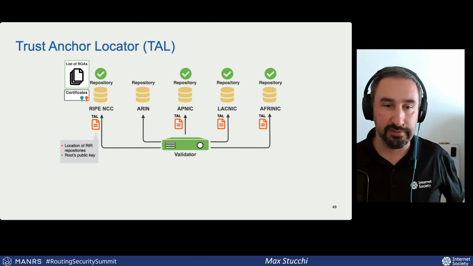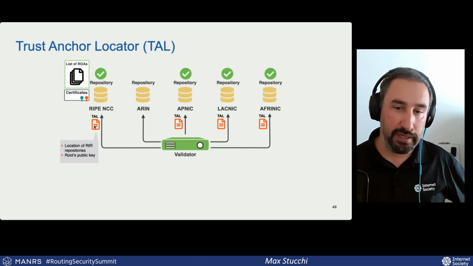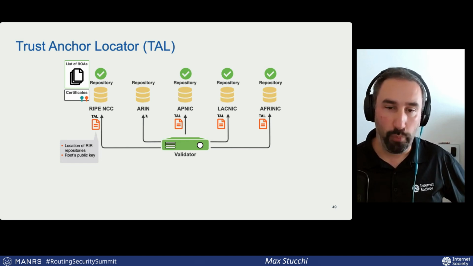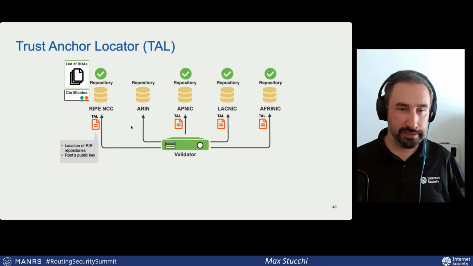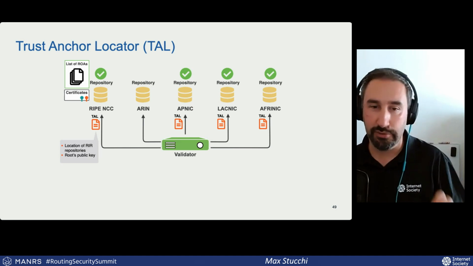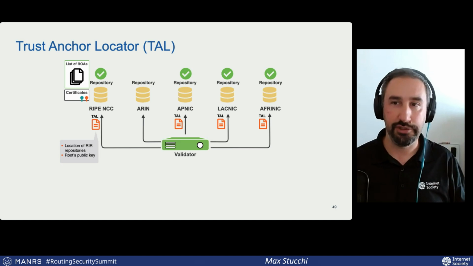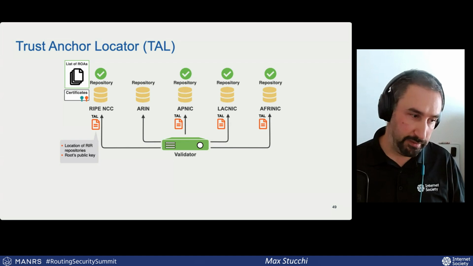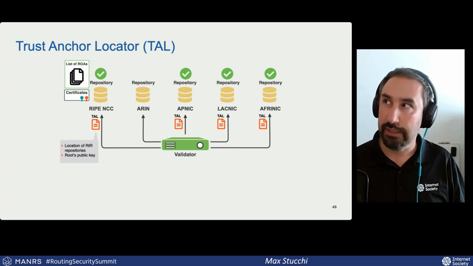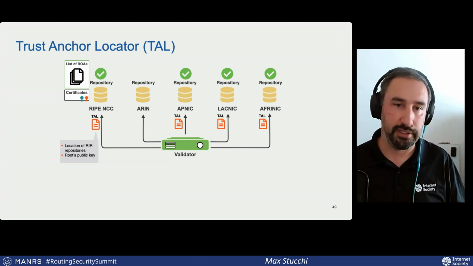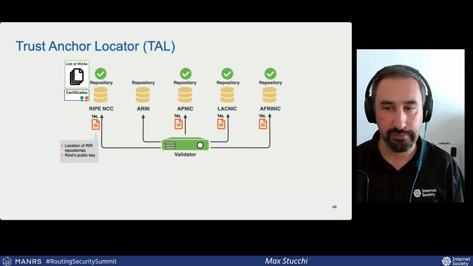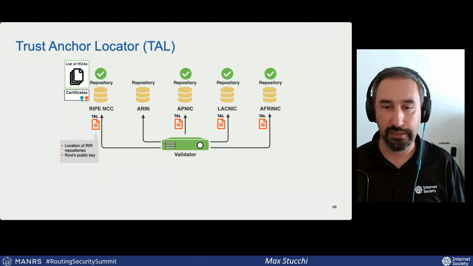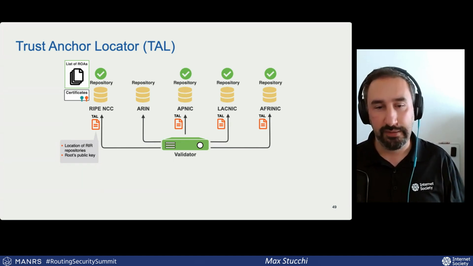So basically, this is how it works. You have a file for every regional registry. The one for ARIN is not specified here, but there is one, of course. It's just that to use that, you have to accept an AUP, or anyway, you have to accept a clause and say, yes, I'm okay with this. So it is distributed now with the validators, but you still have to say, yes, I'm okay. And that data is